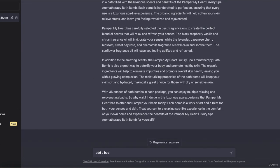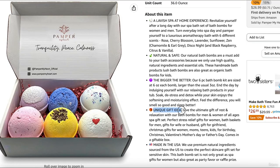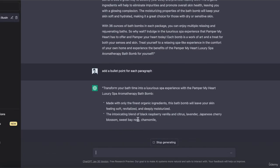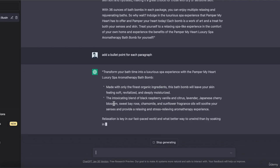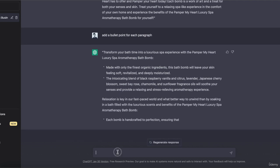Add a bullet point for each paragraph. The reason I am doing this is because when it comes to Amazon, this is how it looks. So it should be a bullet point for each paragraph. So basically it will do that. Basically it's turning each of these paragraphs into bullet points. So that is not the case. I want it